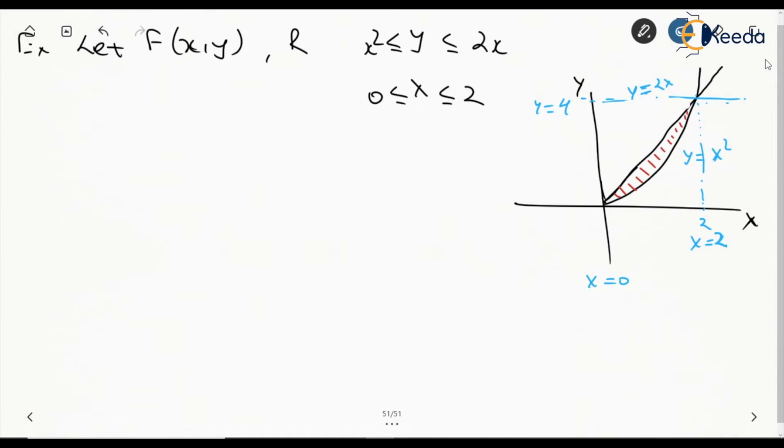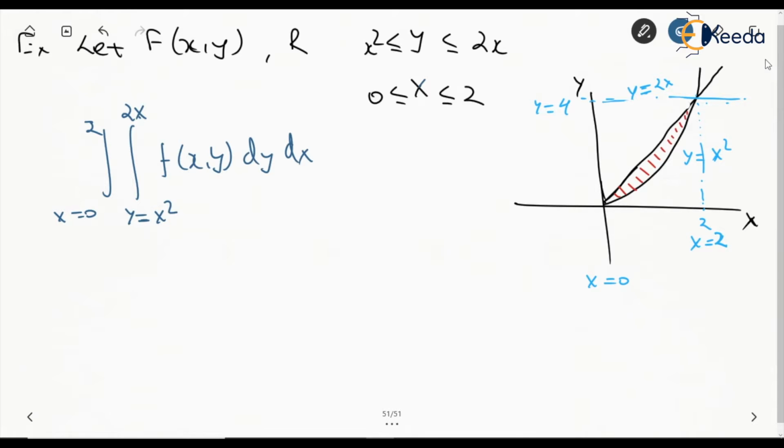The order of integration given is definitely, you can clearly see that this y is provided in terms of x, right? Y is provided in terms of x, so that means the first integration done is in terms of y and then x. So the limits will be y is equal to x square to y is equal to 2x, and obviously then x has the limit of x is equal to 0 to 2, and this we can check it also.